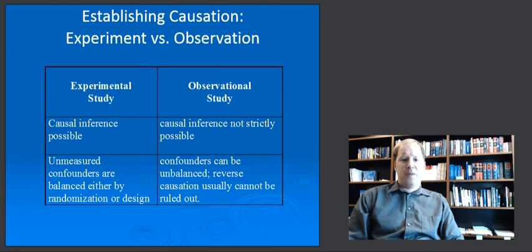One of the things about experimental studies that's important to recall is that they balance out confounders and reduce the risk of chance or bias interfering in our knowledge of actual causation. On the other hand, observational studies don't necessarily eliminate such confounders, at least not all of them, nor do they always balance out chance or the possibility of reverse causation. So in both of these examples, we need to be cautious that we in fact gain causal knowledge and don't simply revert to asserting opinion where we actually don't have fact.